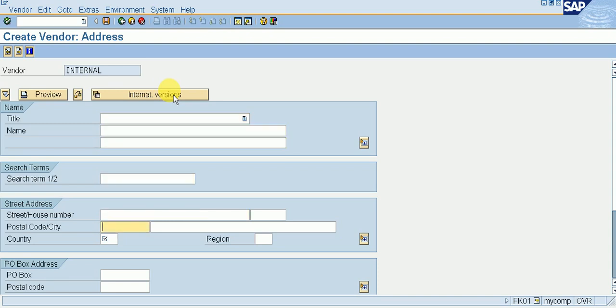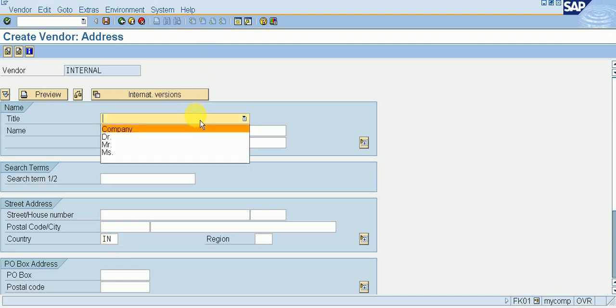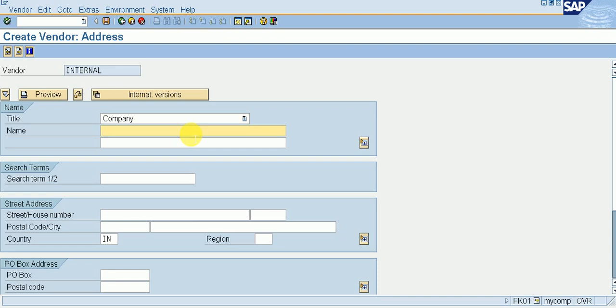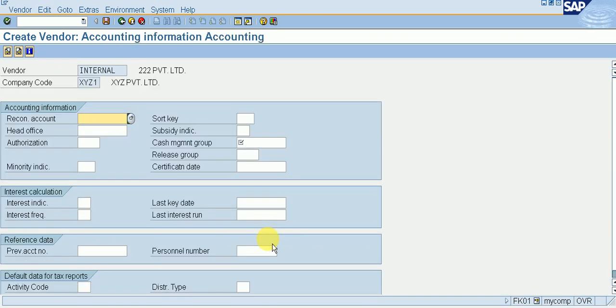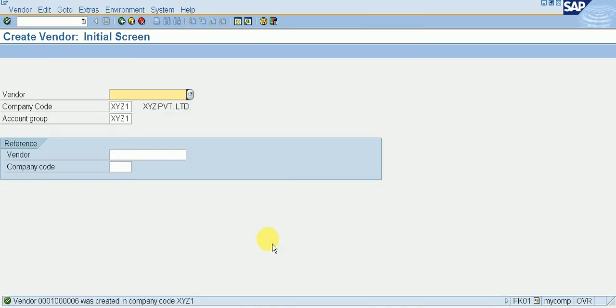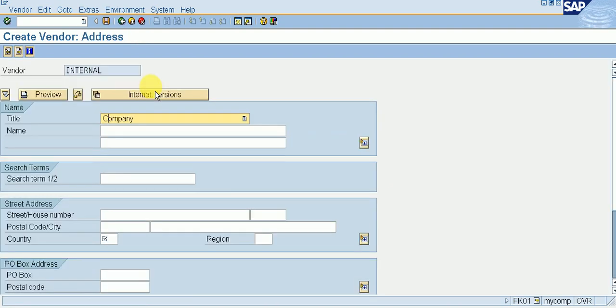Okay, so I am creating another vendor, company 222 private limited. Let's give a vendor name. Save. Sorry, save. So another vendor is created. Enter. Again create.